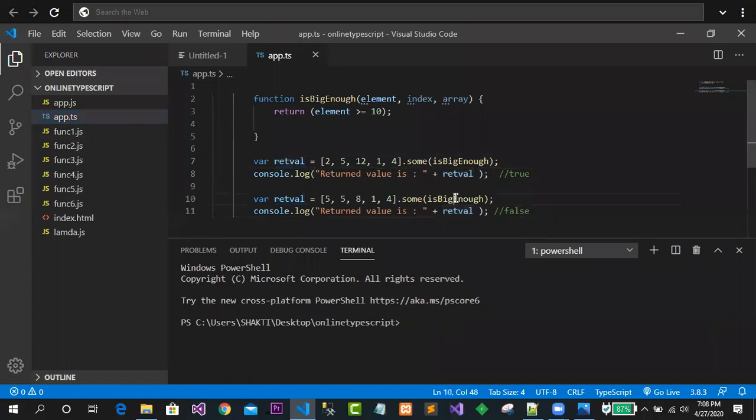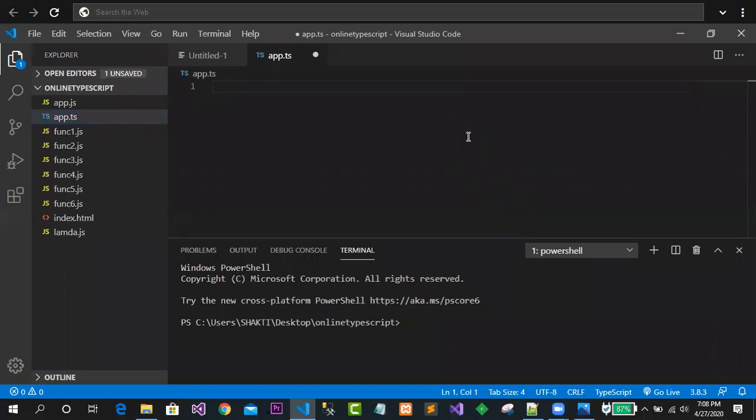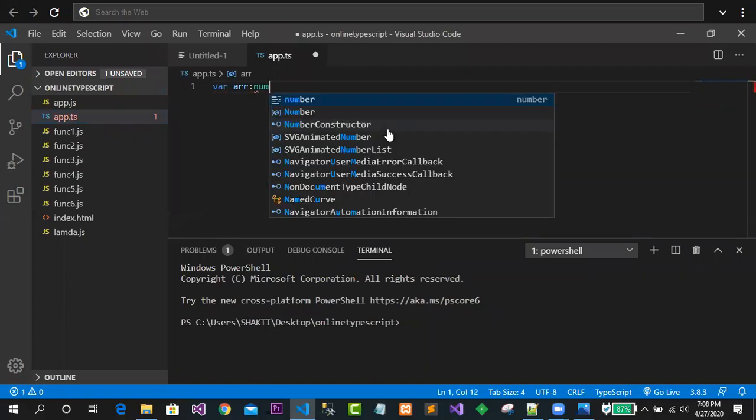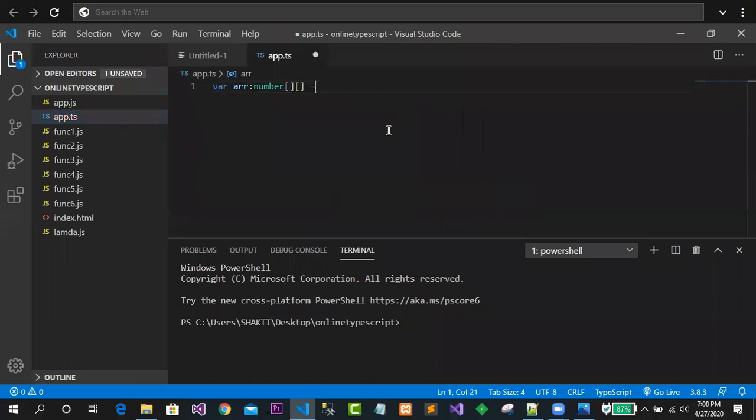Let me delete this code in app.js. What should I do here? This is arr, and it is a number kind of array, so that is why I have given number. Here I have given the brackets to make it more readable. I have written something like this: let's say 1, 2, 3, 4, 5. After that, you can give another one like this. Suppose I have given 4 elements, and to that I will give something like this. Clear?